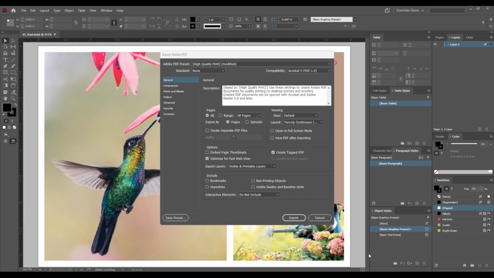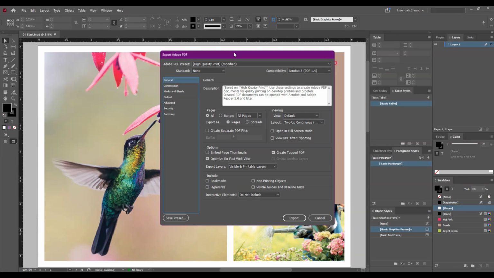Note that importing a PDF file into Affinity Studio is a one-way process. You cannot overwrite the original file once it has been imported. Instead, it will be saved as an Affinity document. However, in Affinity Studio, you'll be able to edit the file and then export the file again as a PDF file. I'll leave the export settings as they are right here in this dialog box, and then click on export, and then let's see what happens.